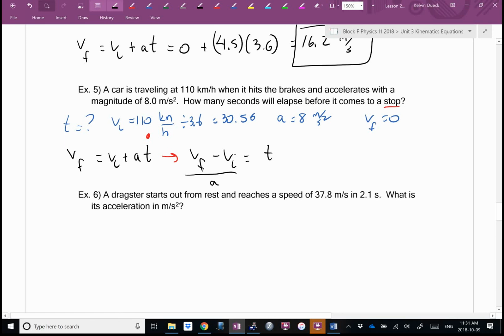There's the equation for time: VF minus VI over A. I'm not going to memorize it. I can derive it. Now it's time to plug and chug. VF is 0 minus VI,